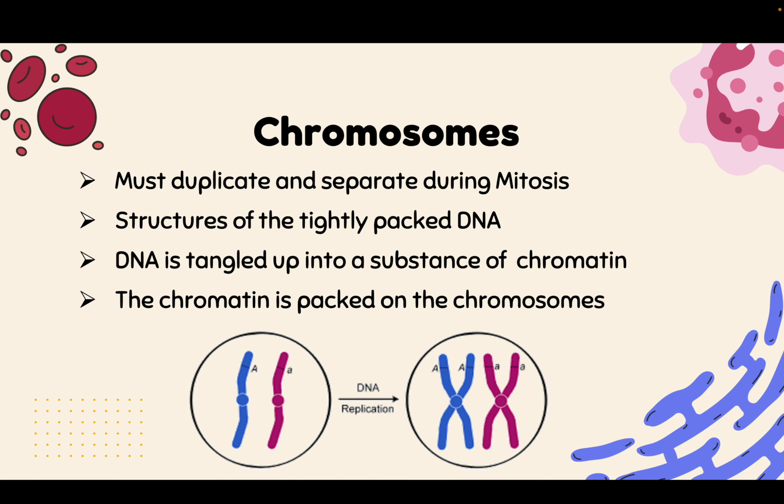So just as a review, let's look at chromosomes. So in order for mitotic division to be successful, chromosomes must be duplicated in number and must be physically separated during mitosis. So mitosis facilitates that physical separation. Looking at the structure of chromosomes, chromosomes are tightly packed DNA, primarily